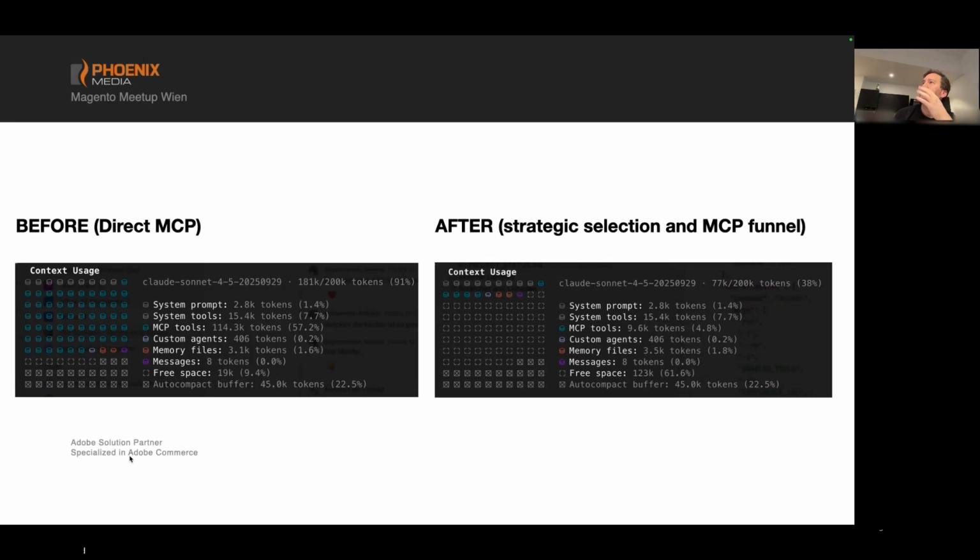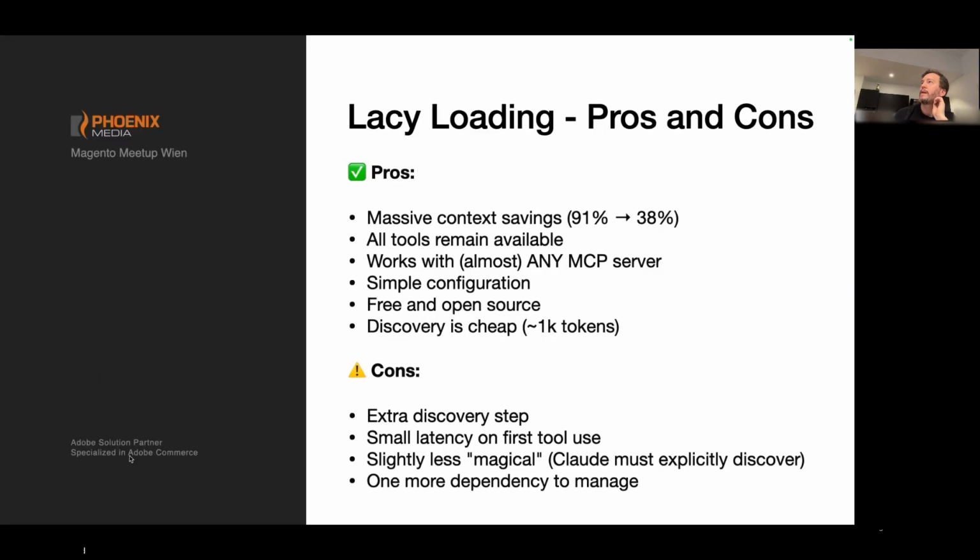Here again, we have this comparison between before and after. And as you can see, it's almost all used by the MCP tools. As I said, we already covered the pros. There are some cons. Naturally, there's a bit of latency, and Cloud has to discover the tools first. So there's a discovery step.